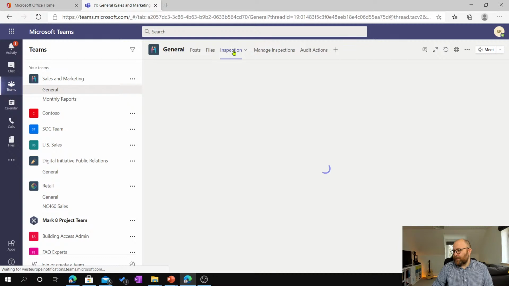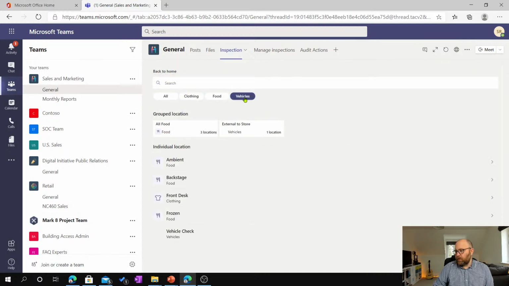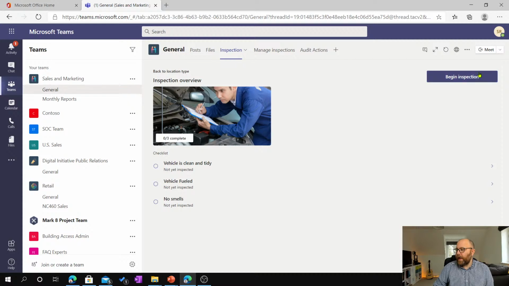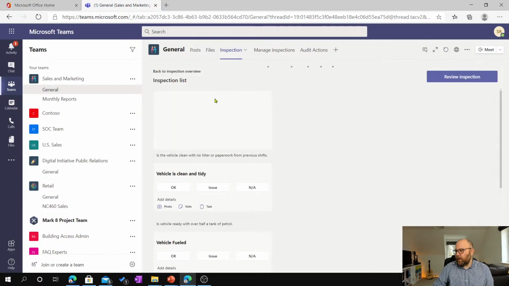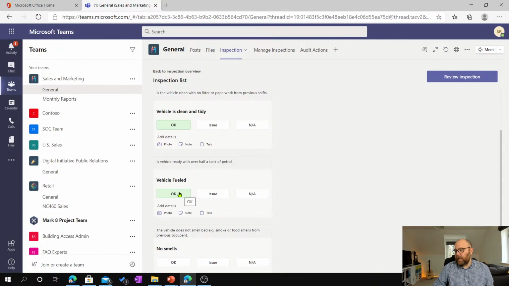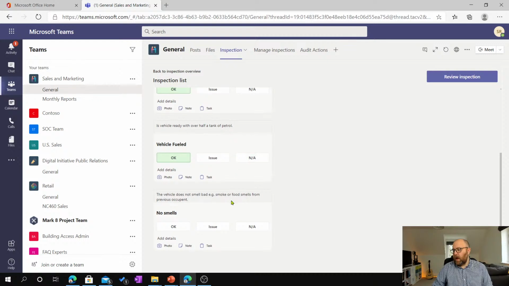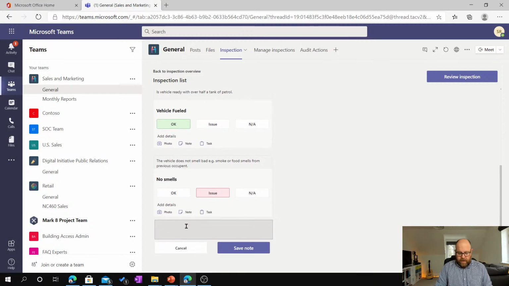Okay, if we go back to our inspection app, and just wait a minute, there we go. So I'm going to say perform an inspection, and I can now go to vehicles and do a vehicle check. Okay, so I can begin that inspection, and it's showing me all of the different things that we've got here. So is the vehicle clean and tidy? Is the vehicle fueled? So I can say okay. So I can say 50% full. There we go. No smell, so I can say issue, and we can maybe include a note here saying food